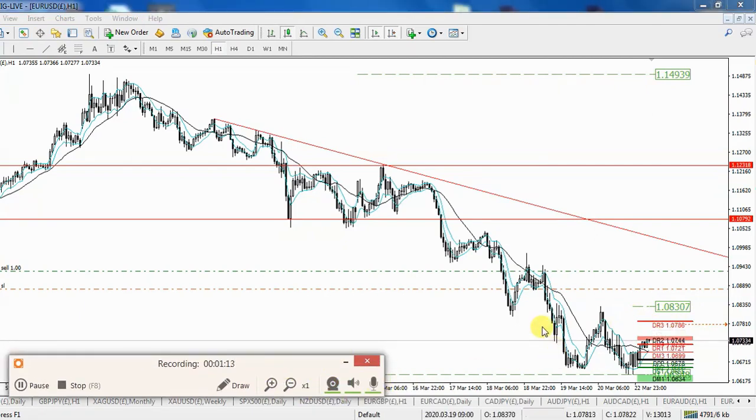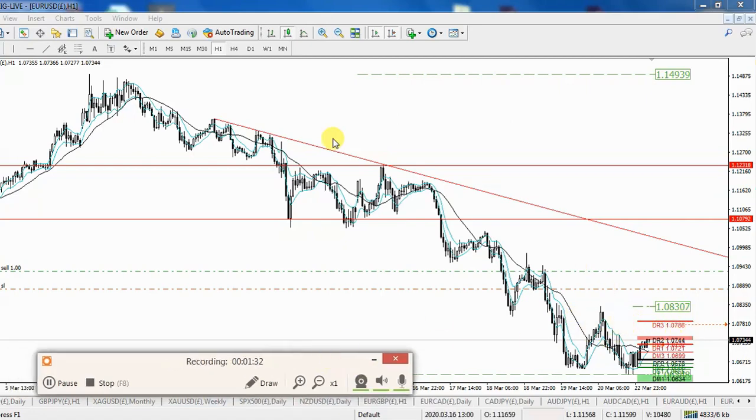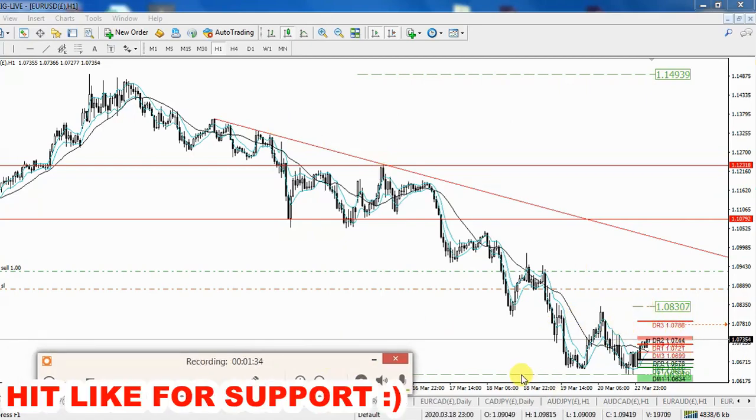Ideally, I personally like the highs or the lows, and when it couples up with the other evidence, it makes it stronger rather than just having one of the daily R1s or 2 or 3 and moving average. But it could potentially act as a resistance because the trend is so strong towards downside,